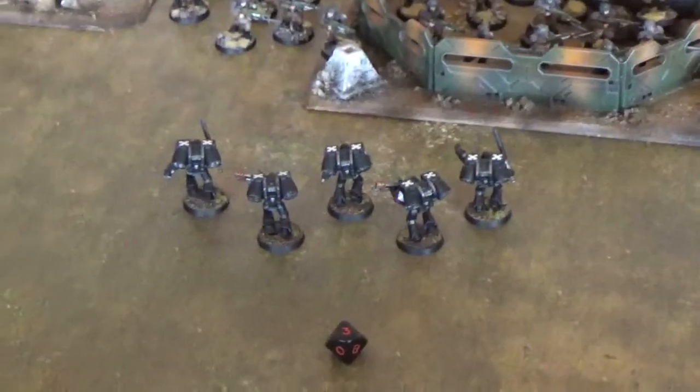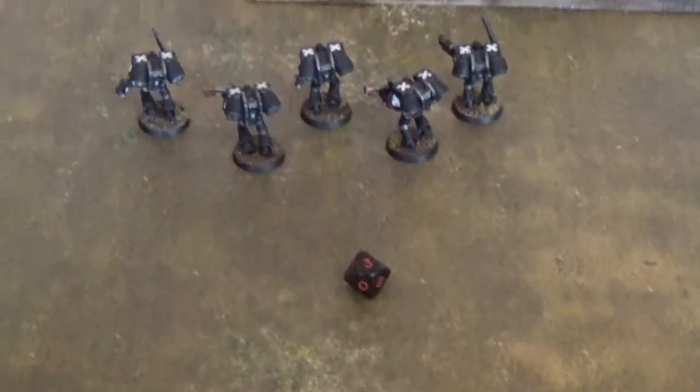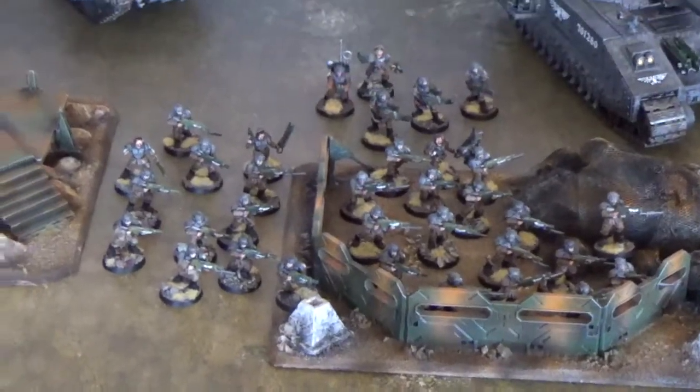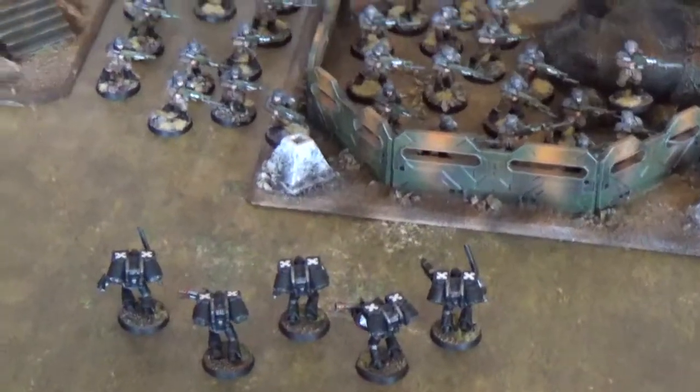The remaining assault squad from the Bladewing Brotherhood has leapt up. They've reconned objective 3, and they have their sights set on this guard platoon. They are hugely outnumbered, but they cannot just remain in the rocks taking fire. The tactical squad have held position. There's not a lot they can do for the time being,